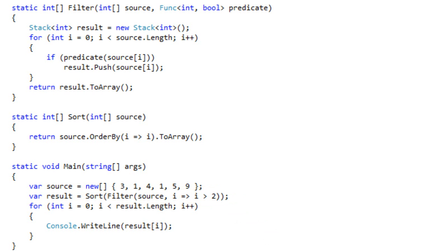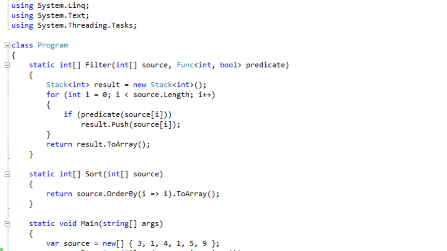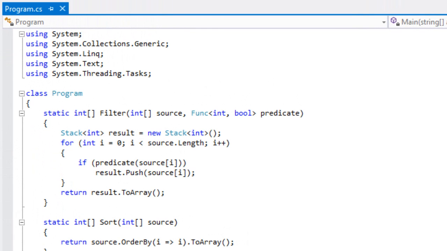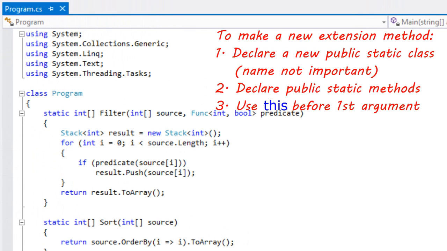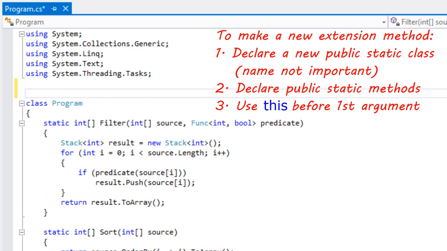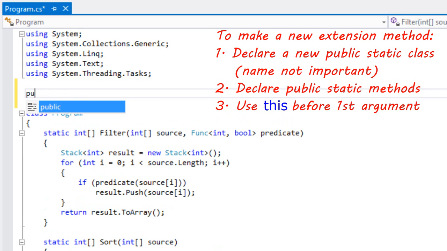So the way that you make an extension method is you declare a new static class. The class must be public. The methods inside of it must be public. And I'll show you there's one little bit of syntax that we have to include when we're writing an extension method. So let's do that exercise. I am going to declare